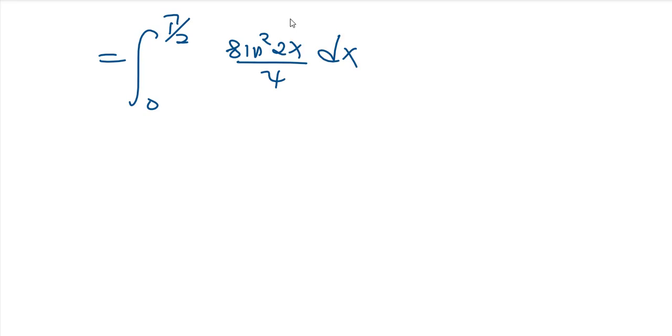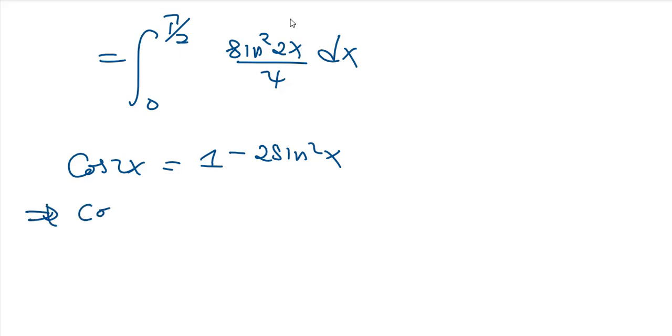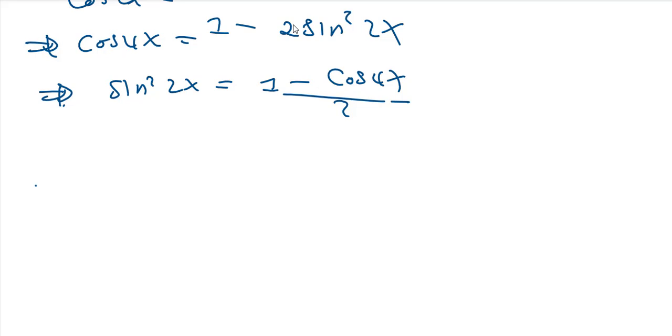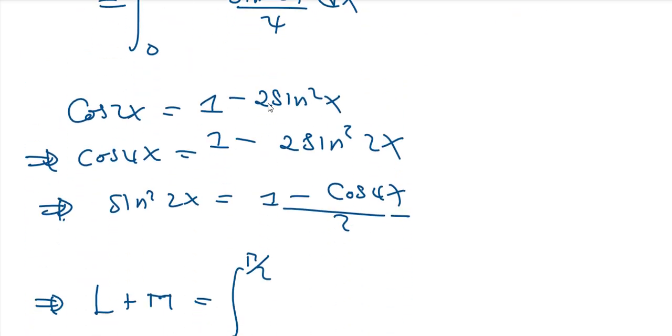So from there we can now use the double angle identity, from where we know that cos 2x is equal to 1 minus 2 sine squared x. So this means that cos 4x will be equal to 1 minus 2 sine squared 2x. And so this means that my sine squared 2x will be equal to 1 minus cos 4x, all of this on 2. So this means that my integral L plus M will be equal to the integral from 0 to pi on 2 of,